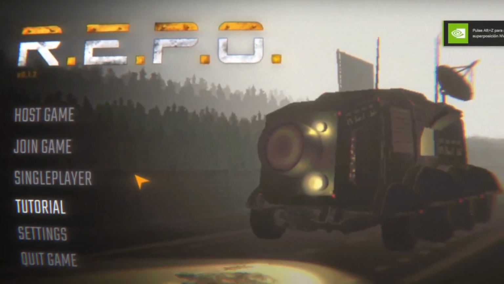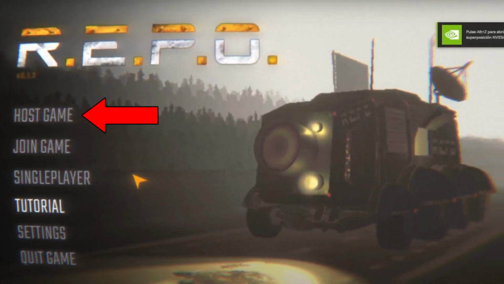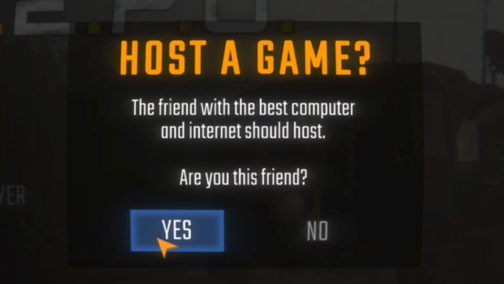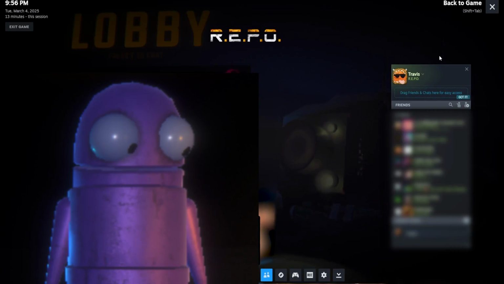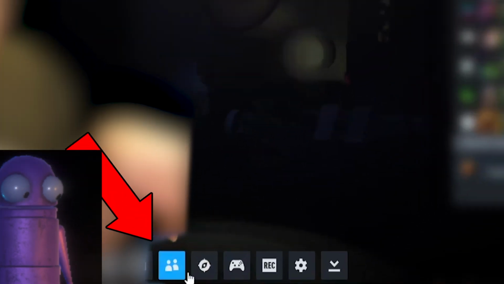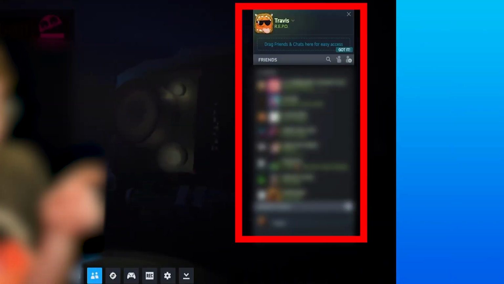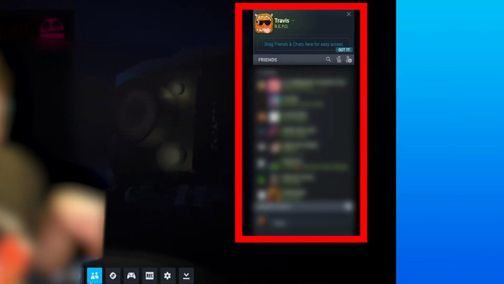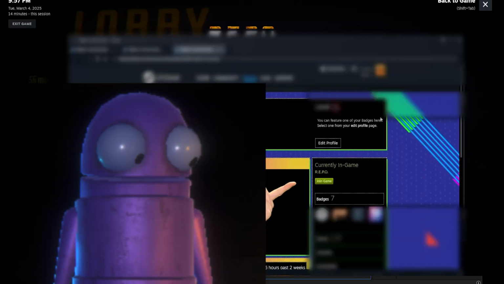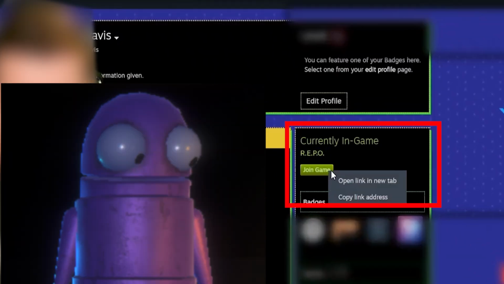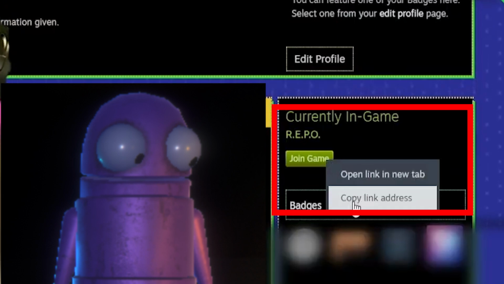How you do this is you go to host game when you're actually on the Repo page, click on yes to host a game, and then you will actually be brought to the lobby like so, where from here you want to click on your friends tab in the bottom middle of the screen if this pop-up panel is already not on your screen, and then click on your profile icon on your pop-up tab, and once it brings you to this page right here, you simply want to right click on this join game option and copy the link